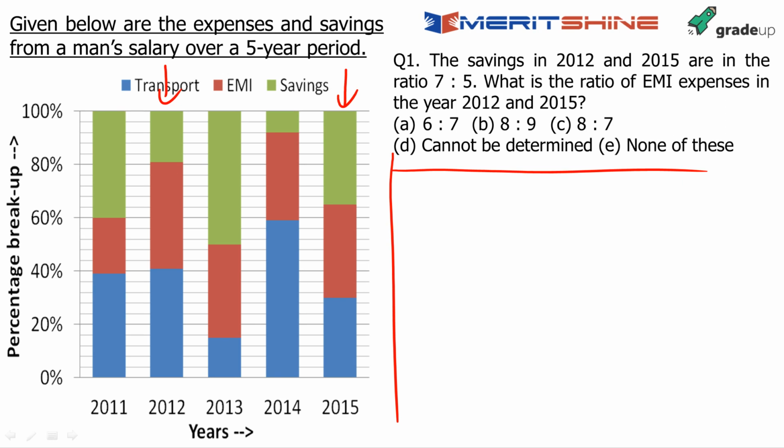These are the two values, fine, for 2012 and 2015. Let's assume it to be x and this is y. I have already told you the conventional method of doing this. You can do it like that, I do not have any problem. You will just waste 2, 3, 4 minutes here. I'm just trying to explain to you how you can do it very quickly, very nicely, very elegantly in 10-15 seconds if you can just see through the data.